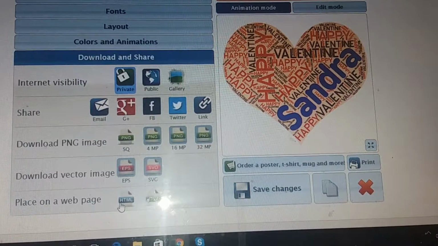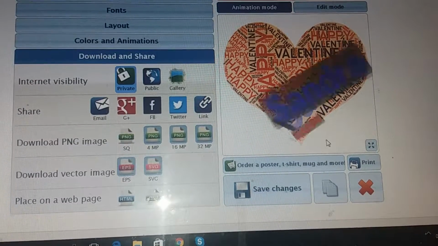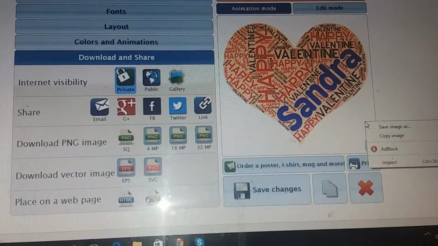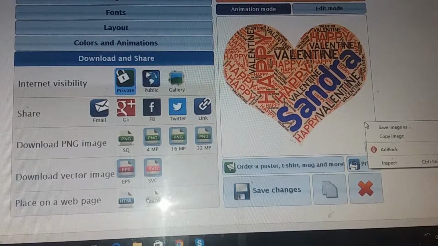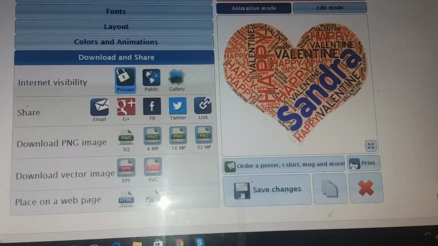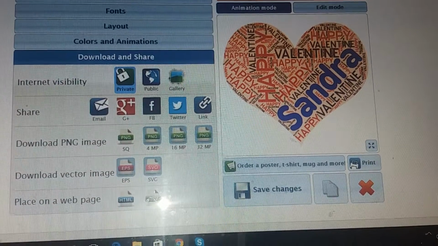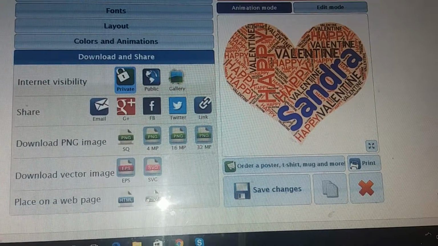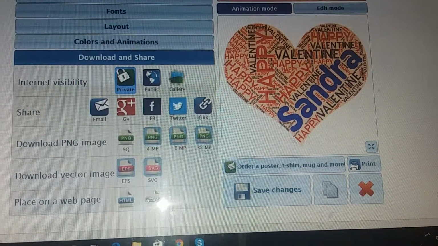And then once you're happy with the way things are, there's two ways you can download. You can go in here and download it, or personally I just right click, save image as, and save it on my computer. You can print it directly on the website here. The only issue I have with that is it does tend to centralise it at the top of an A4 sheet of paper,